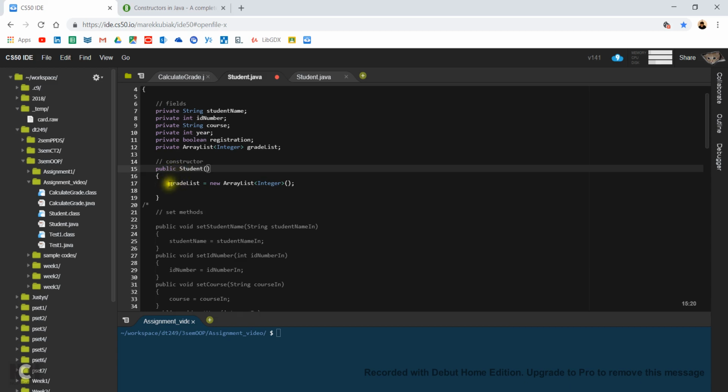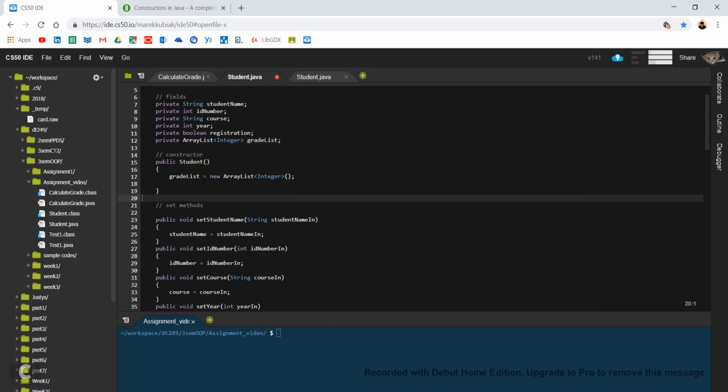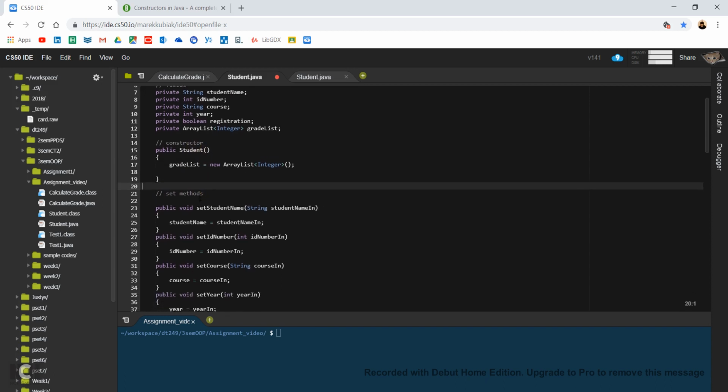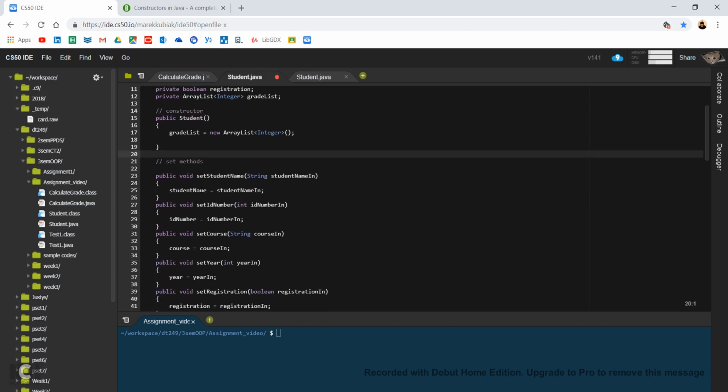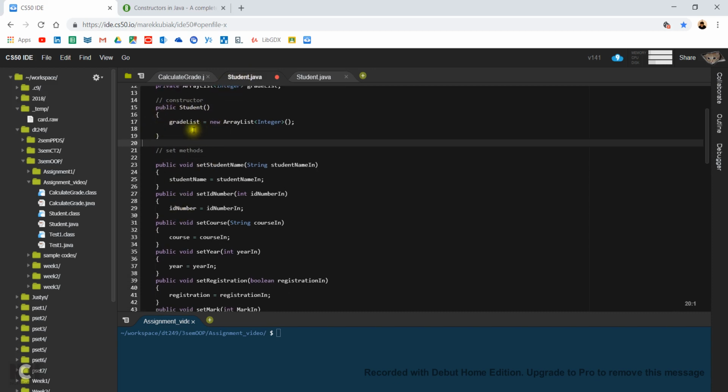And then the only thing this constructor is going to do is create a new ArrayList, which is another kind of object that we need to store our grades. Okay, so this is a no-arg constructor. You don't have to really focus on the constructor, and actually that is just better,